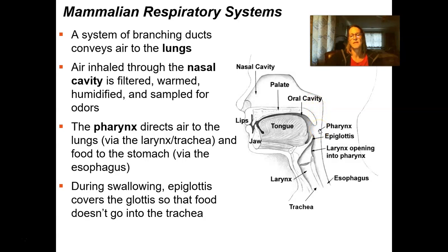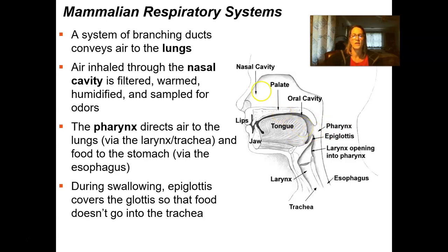Okay, so after air enters through the nasal cavity, it's going to come back here to the pharynx. Remember that the pharynx was also important in the digestive system. The pharynx is that opening that joins the nasal cavity, the oral cavity, and also can join to the trachea and the esophagus. So the pharynx is back here. It joins all of these different areas together. When we're talking about the respiratory system, we are going to avoid the esophagus because that's where food goes. That's not where air goes.